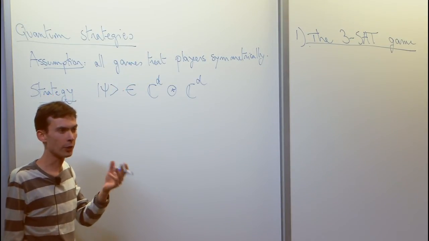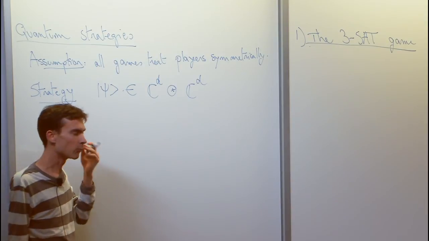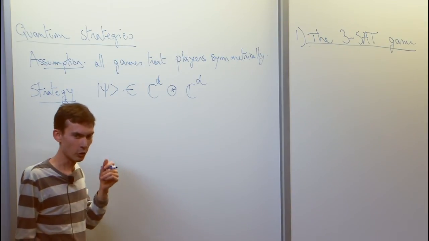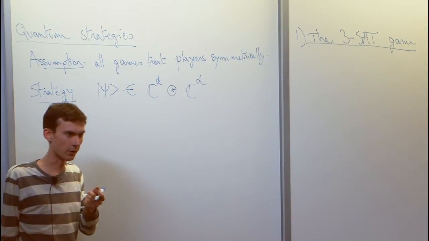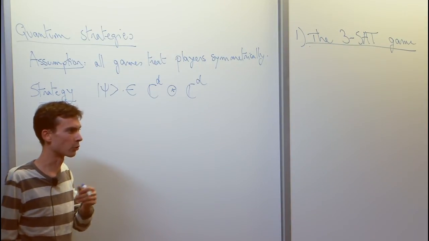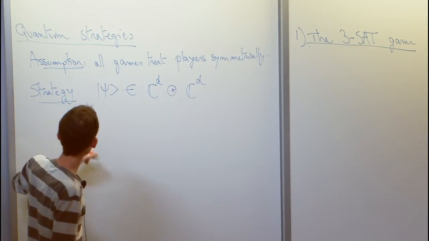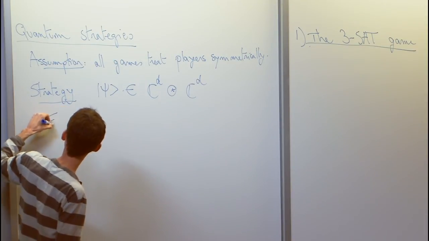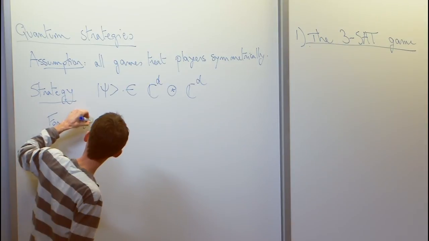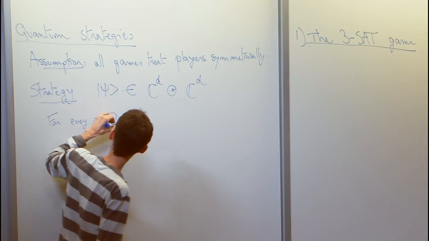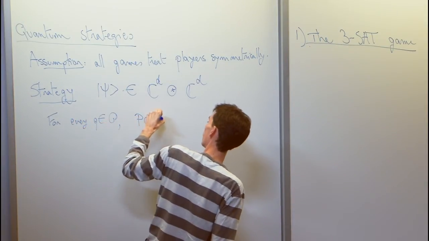There's just, for every question that you can be asked, and I always implicitly assume that when you ask a question, you know if it's an Alice kind of question or Bob kind of question. I'm not going to make the difference. So there's just a set of questions, Q, and for every question Q, there's a measurement. So this measurement is a POVM,